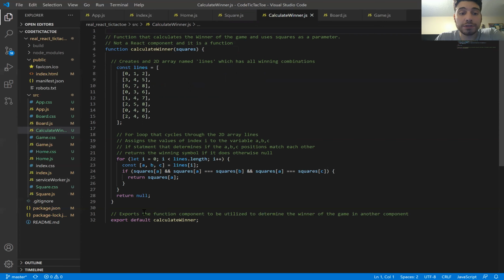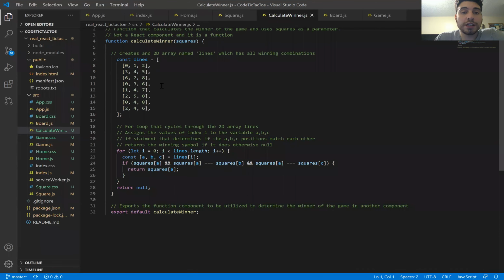However, I still do need to export it for it to be utilized by the other components. So this is a function and it's using squares as a parameter. And like I said, not a React component, it is just a function. In order to determine the winner of the game, I made a 2D array named lines, and a 2D array is an array of arrays. And inside I have all the possible winning combinations of a tic-tac-toe game